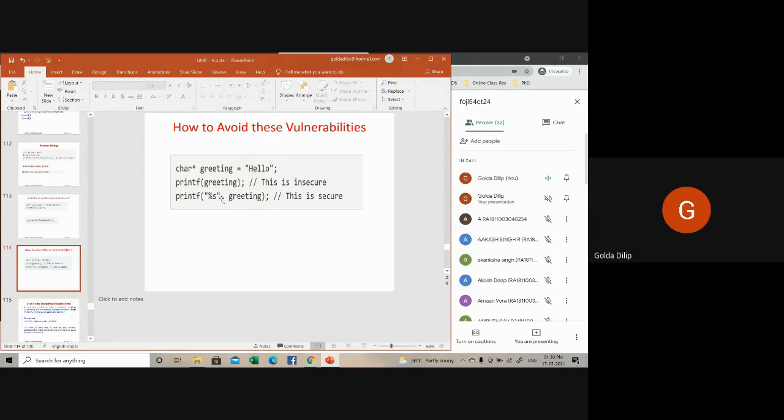You can also make use of what are called source code scanners. They can be used to make sure that the number of arguments passed to a format function is the same as the number of format specifiers in the format string. With all these aspects, we can avoid the vulnerabilities to the best possible extent.